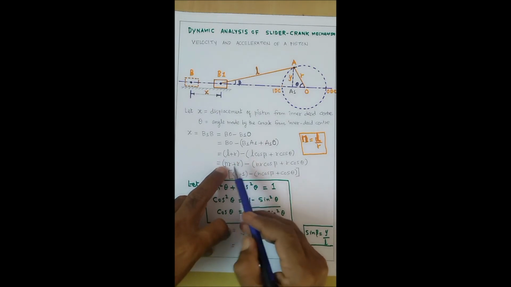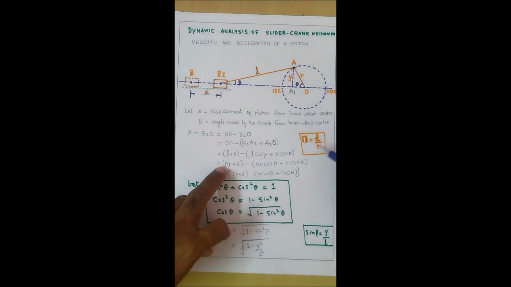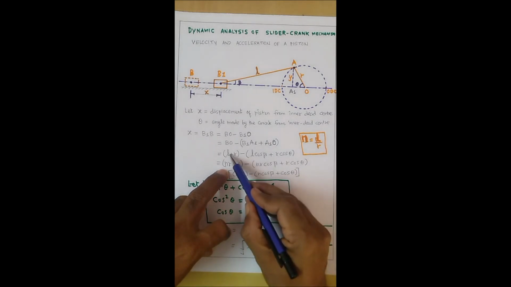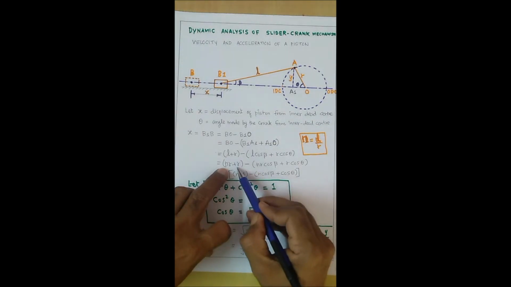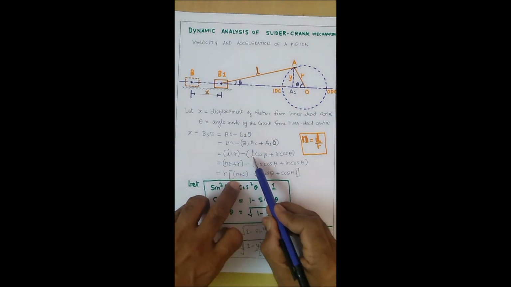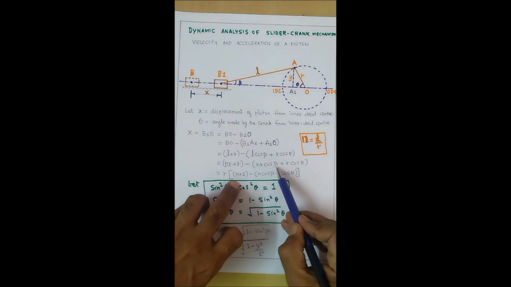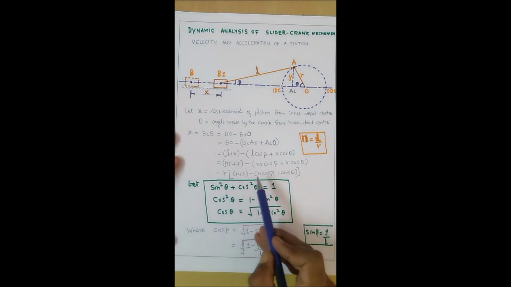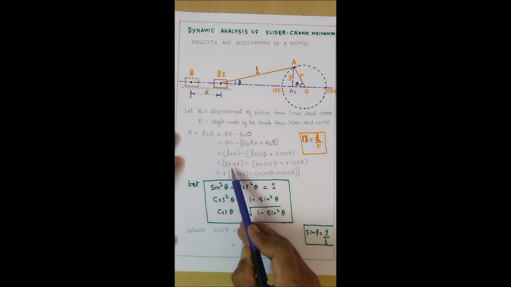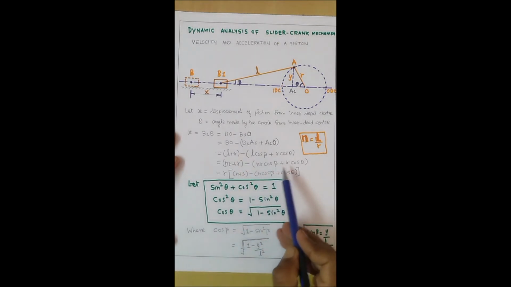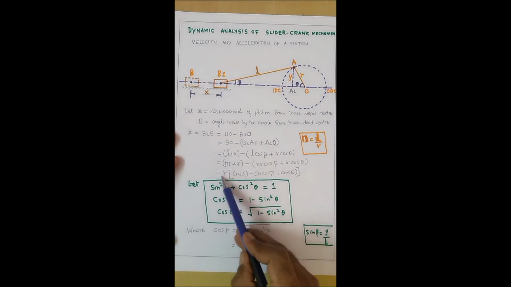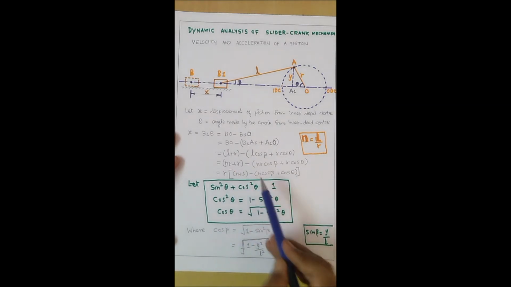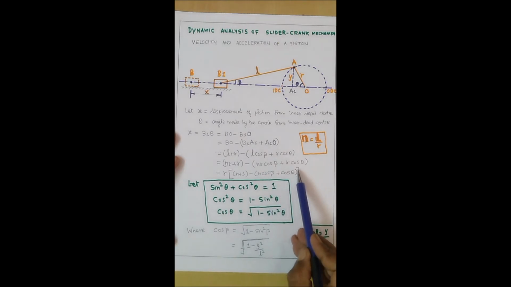What is the L by R ratio? N is equal to L by R. We have the ratio N equal to L by R. For L, I am putting N times R. So L plus R is NR plus R, minus L cos beta plus R cos theta. Now you take R outside, since all the terms have R. So R into n plus 1 minus n cos beta plus cos theta.